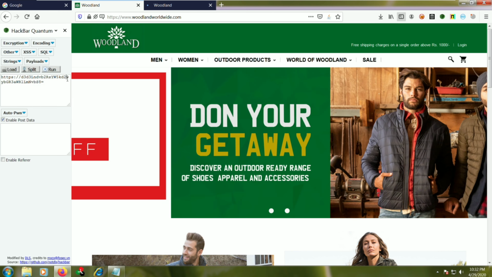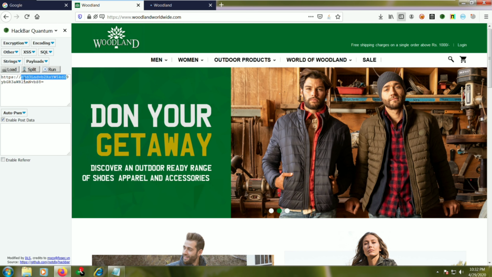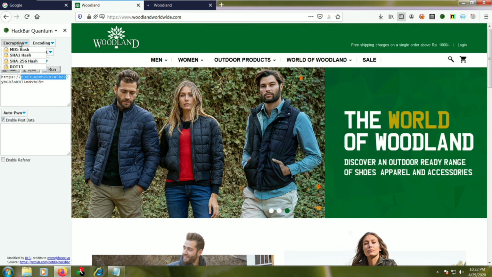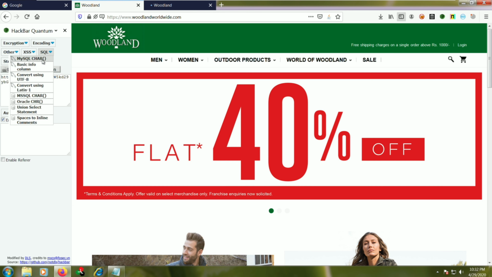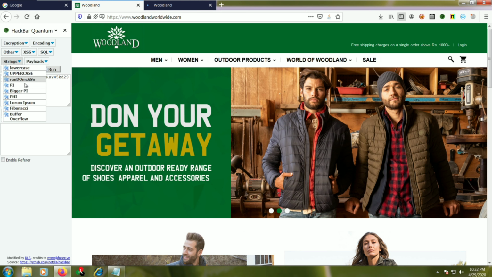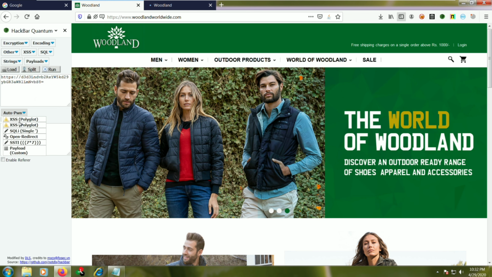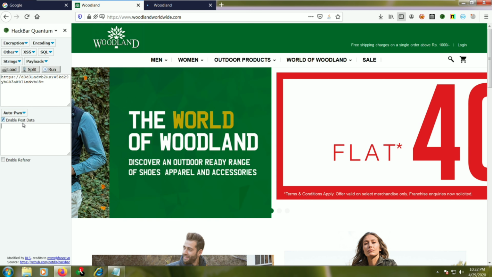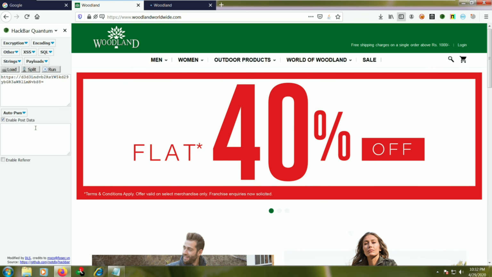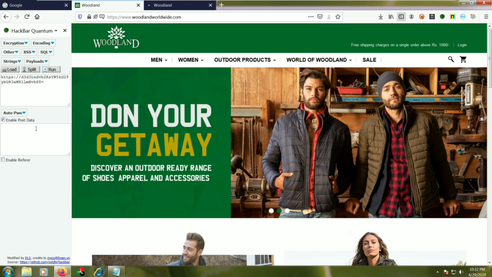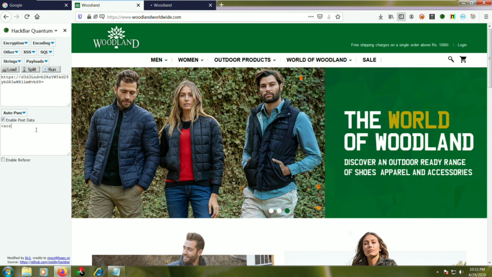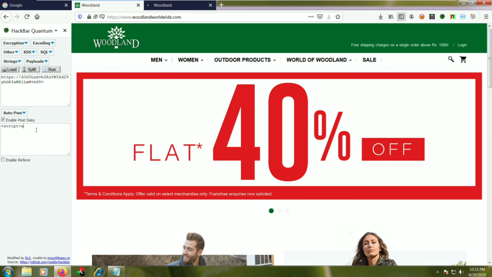As you can see, it has been encoded into a Base64 hash, and there are many other options such as encryption, MD5 hash, XSS, MySQL CHAR, strings, upper/lower, payloads, PHP reverse shell, and here we will enable post data. We will write here; you can write some scripts to run, for example